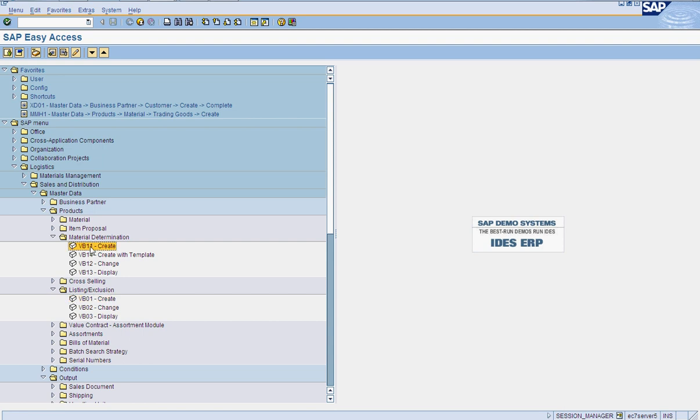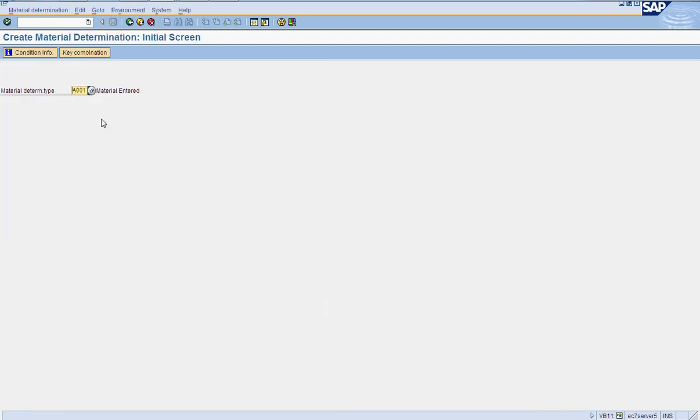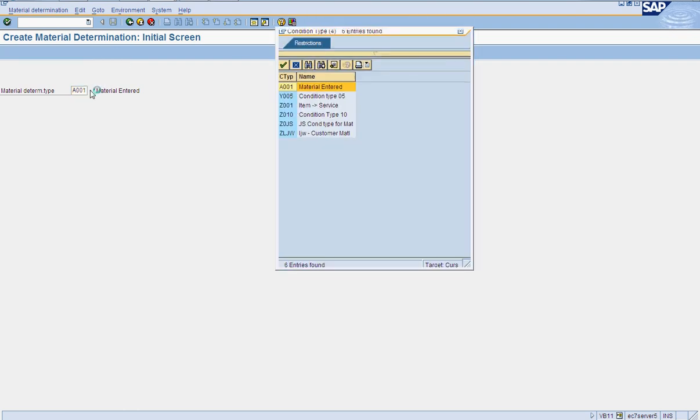Material determination. I have selected material determination, which is used when you want to substitute material for, say, an advertising campaign, or say due to availability you want to substitute one X material with Y material.